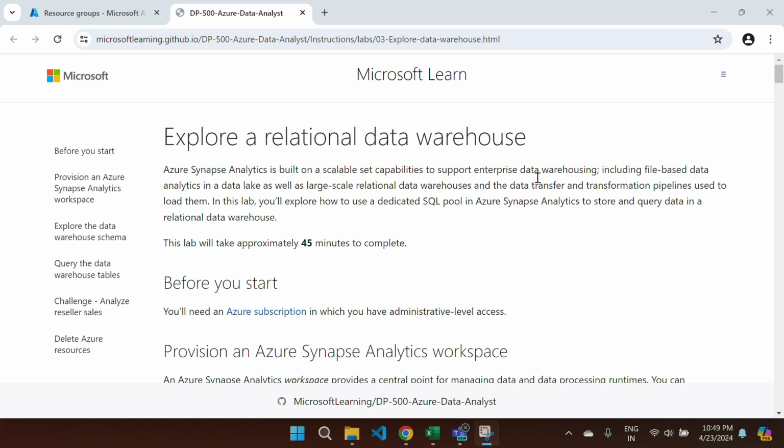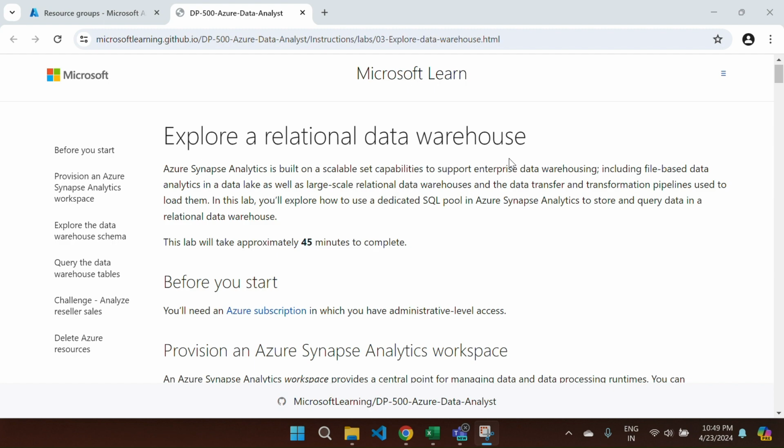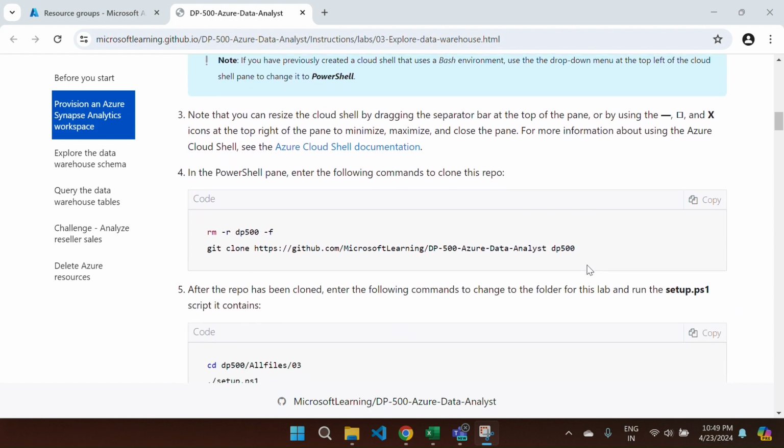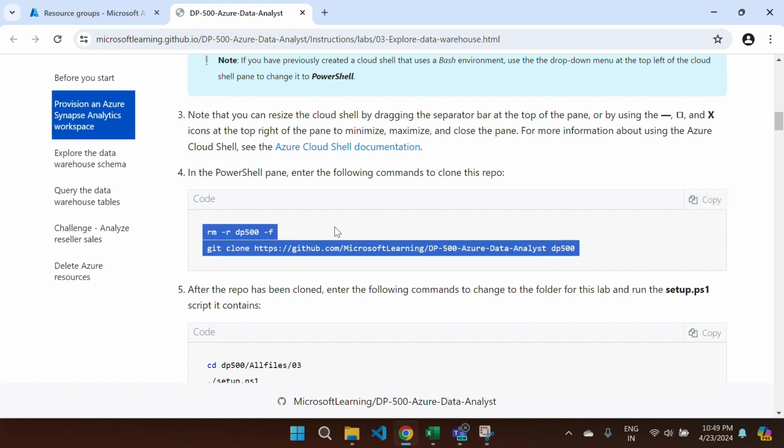In this video, we're discussing how to explore relational data in a data warehouse. First, before going to the documentation, we should clone the repository to our Azure